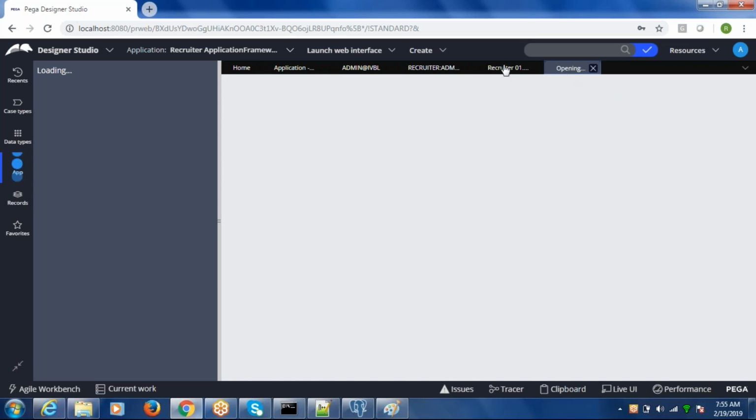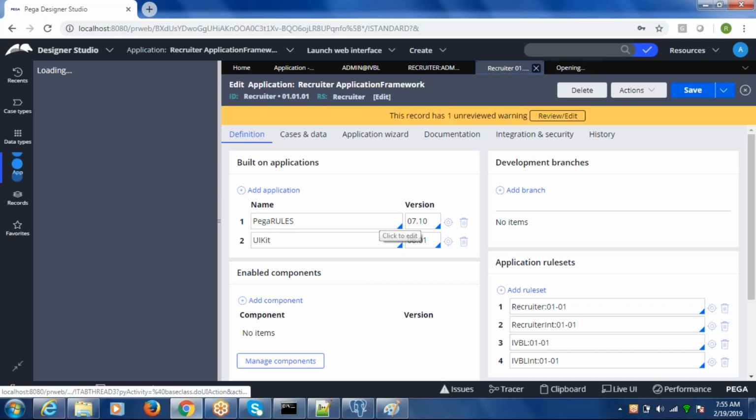Whenever you change anything on this versioning part, it's better to log off and log back in to see those changes, because the system is unable to find the specific rules in that specific version while trying to use it.